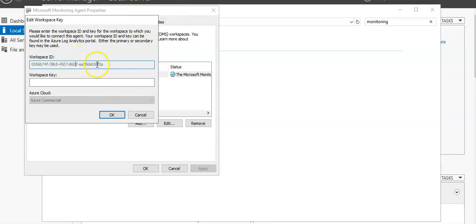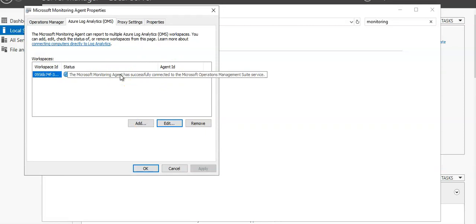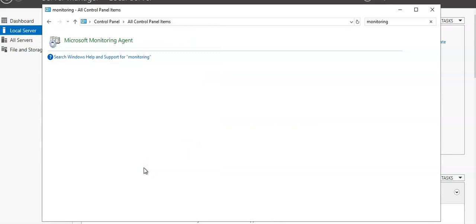And if you see the message, it says the Microsoft Monitoring Agent has successfully connected to the Microsoft Operations Management Suite service. Okay, now if you click on OK to close this,